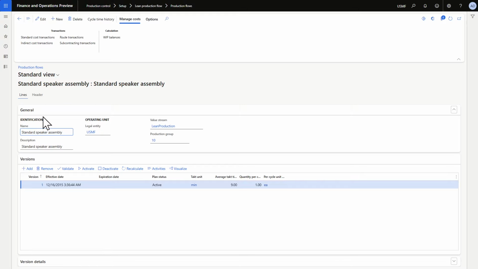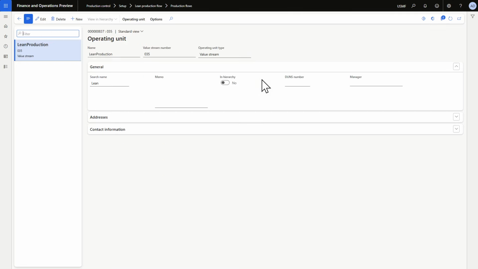So each production flow is connected to a legal entity and value stream. Value stream, like operating unit, is used for costing purposes. You can have a look here at the value stream. It's just a name and type, operating unit type here, value stream,